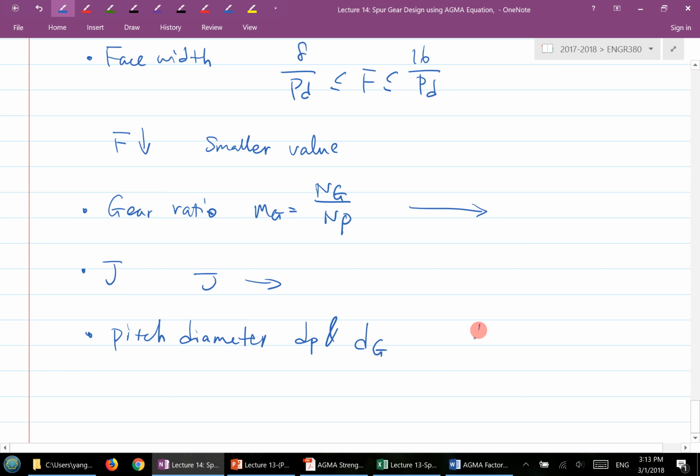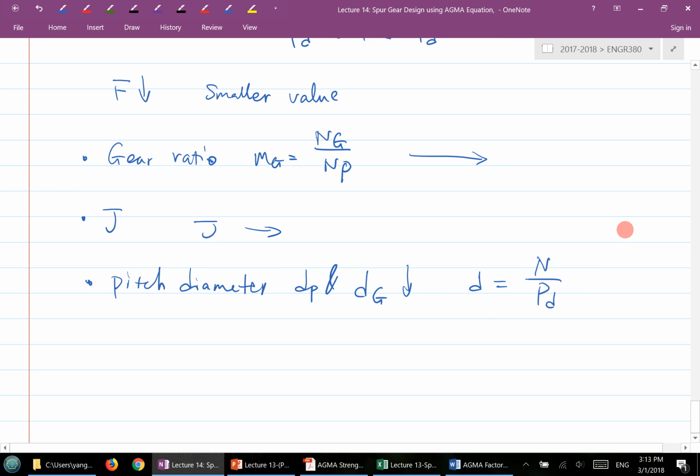Okay, so dP, basically in general d is equal to the number of teeth divided by the diametral pitch. If n is not changing but PD is bigger, that basically means dP and dG will be smaller, right? Will be smaller. And then Wt is the horizontal transmitted load, and Wt is equal to the torque divided